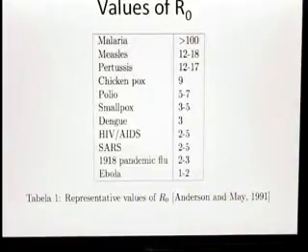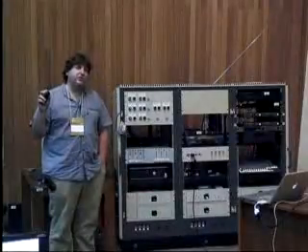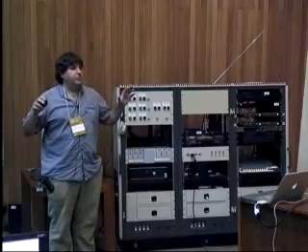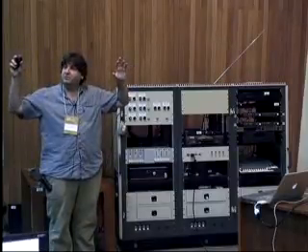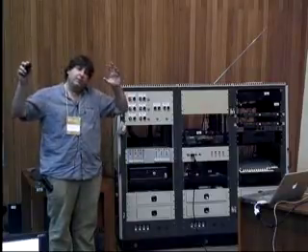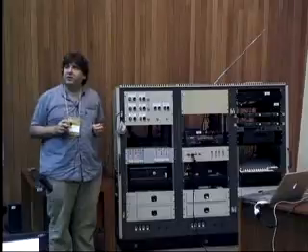Okay, and these are some representative examples. As I mentioned, the estimate for H1N1 is essentially 1.3. Now, that is also space dependent. So I have some biostatistician colleagues at Emory University who are essentially trying to put R0 on a map and study the spatial distribution of R0. But for an average, it seems to be about 1.3.